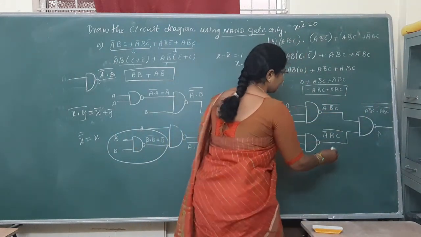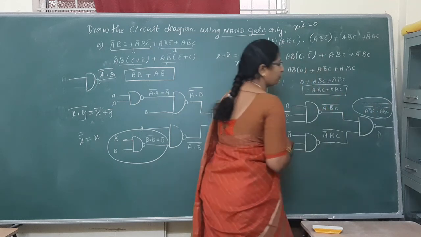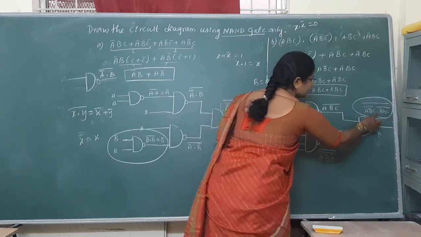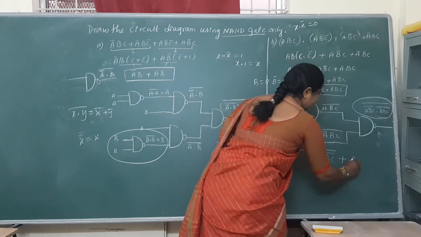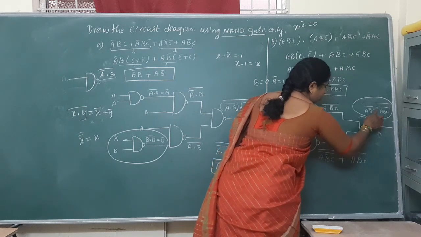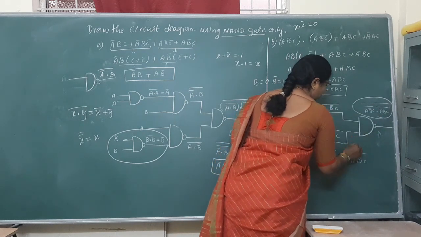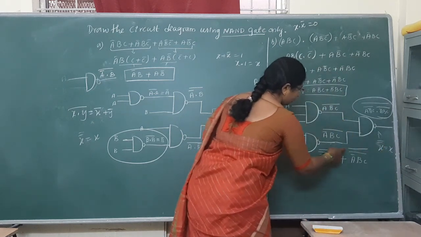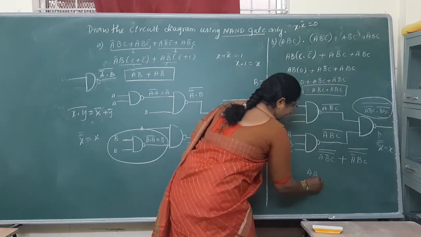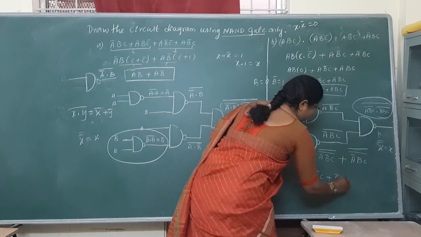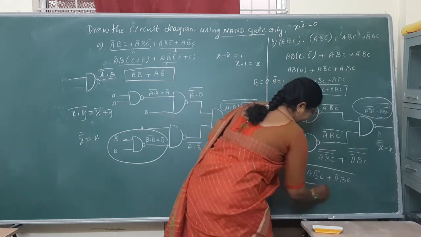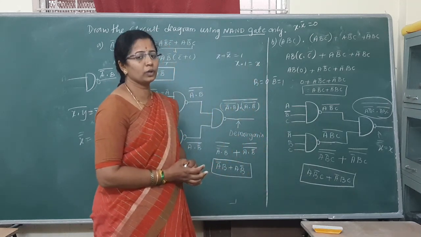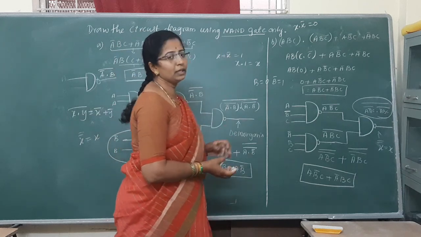Now what should you apply? Yes, De Morgan's theorem you need to apply here. Apply the De Morgan's theorem: double dash, this dot will become plus, A complement B C, whole bar before itself and whole bar will come like this. Then X double dash can be written as X, so these two double dash get cancelled. What you will get? A B complement C plus A complement B C. You got your expression, what you have inputted? Yes, this is how you need to write the circuit diagram using only NAND gate.